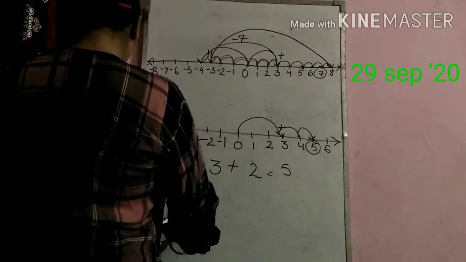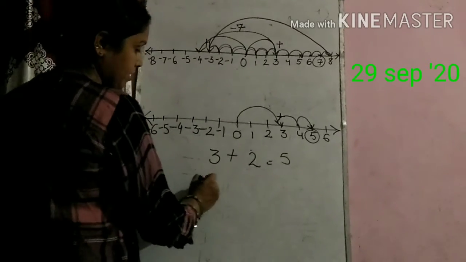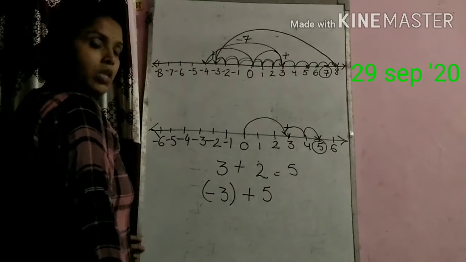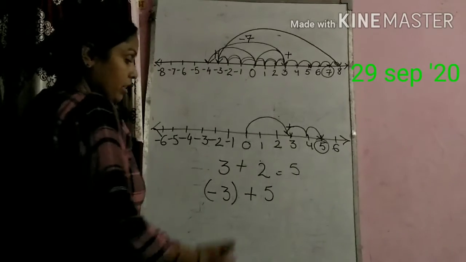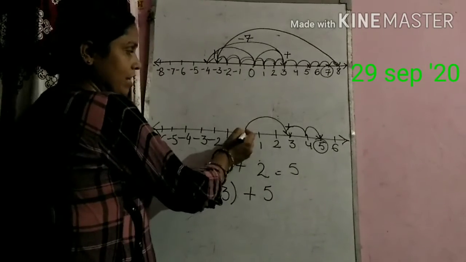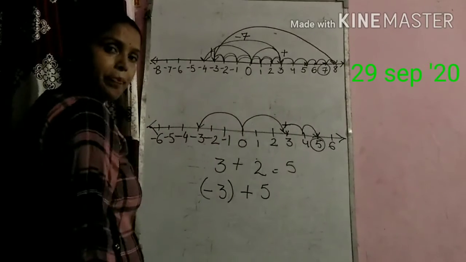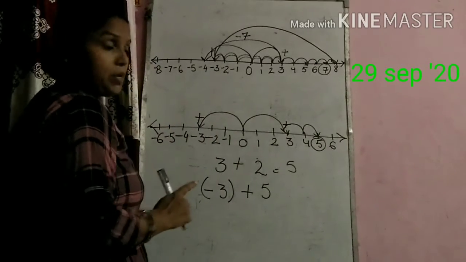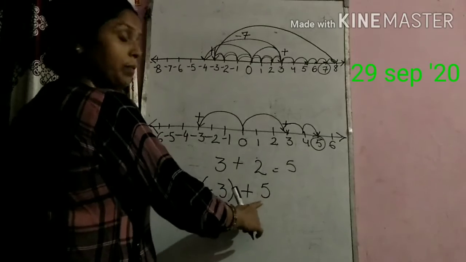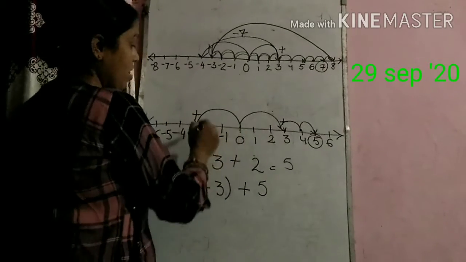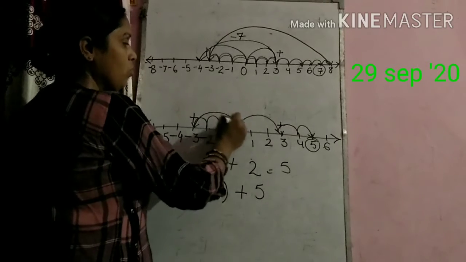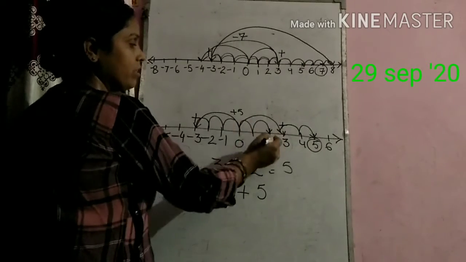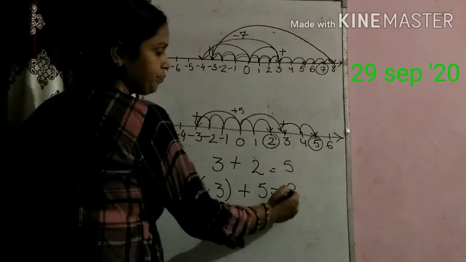Let's do minus 3 plus 5. Now I have written here minus 3, children. That means from 0 I will start and I will be going till minus 3. Plus 5, so write a plus here. Since it's an addition expression, I will be writing a plus here. 5 is a positive integer, that means I will be going toward this side. 1, 2, 3, 4 and 5. I have moved plus 5 direction and my answer comes as 2.